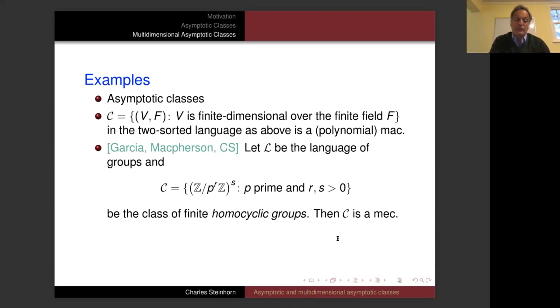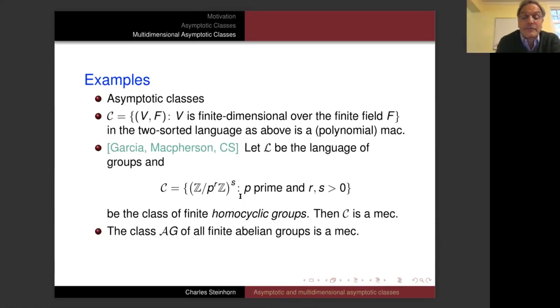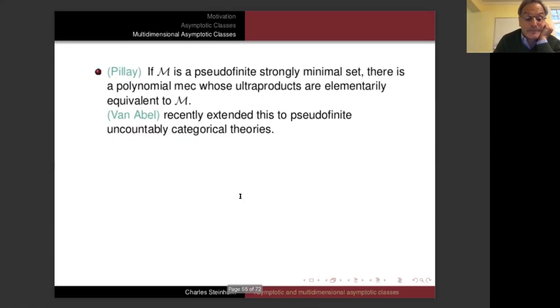And this follows from work in the same paper of Dario, Dugald, and myself. The class of all finite abelian groups is also a MAC. And this will be in the multidimensional asymptotic class paper. An interesting case is that if you have a pseudo-finite strongly minimal set, then there's a polynomial MAC whose ultraproducts are elementarily equivalent to M. And this was